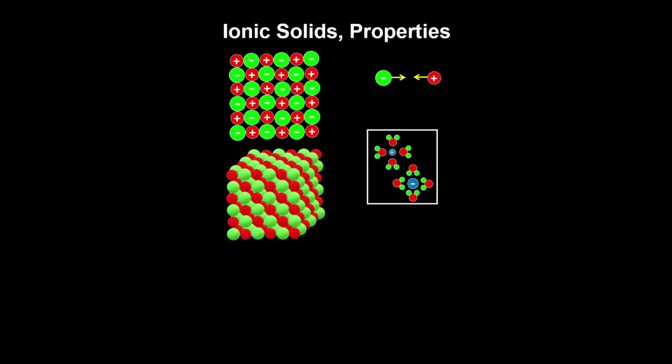Ionic solids are tightly packed structures to minimise repulsions between oppositely charged ions. So here we can see, for example, the two-dimensional and three-dimensional arrangement of sodium chloride, which is a solid at room temperature. And here you have strong interactions between the oppositely charged ions, which gives ionic solids different properties, like